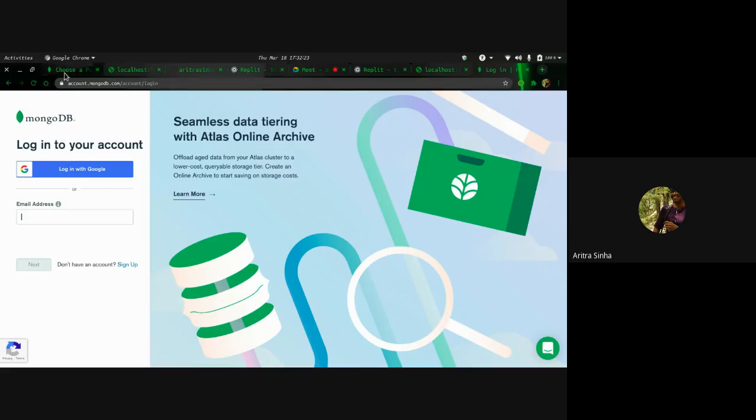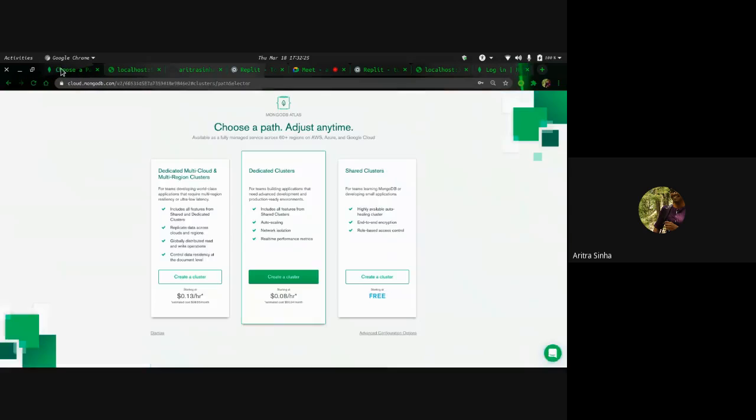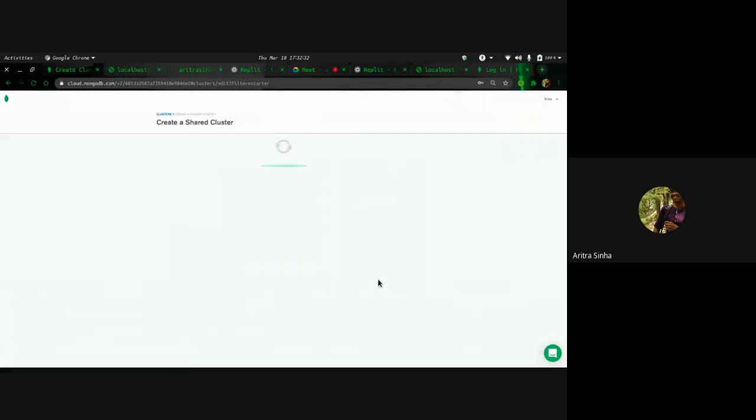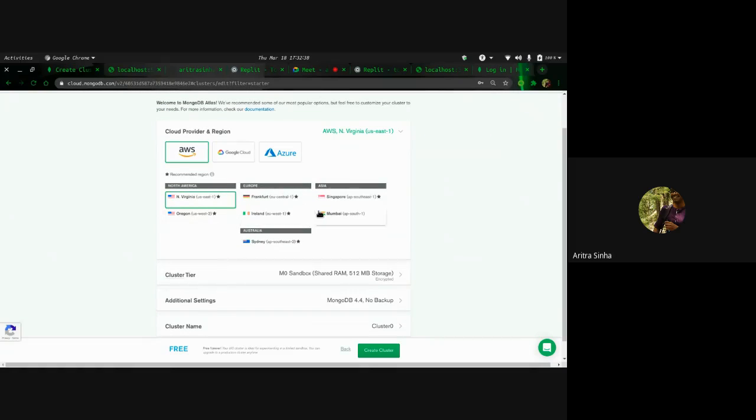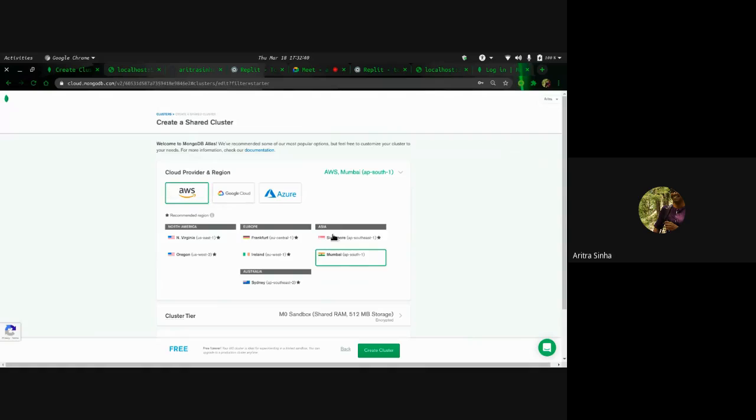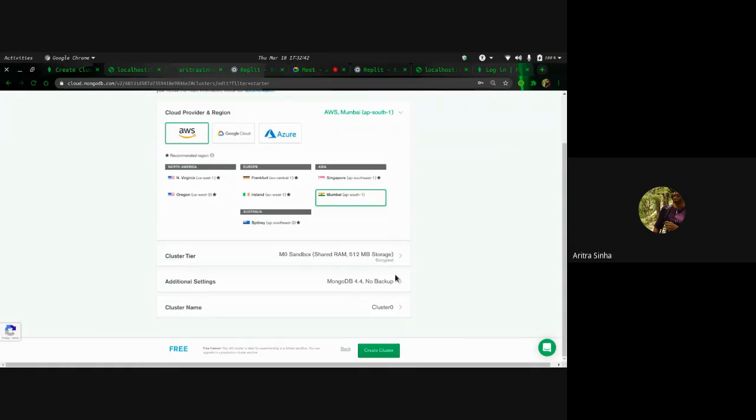You can just sign in using your Google account or anything. Once you do that, you will be redirected to this page where you have to create a cluster. So you create a free cluster. The other ones are basically for deployed websites which are actually up and running, and we don't require them right now. Choose AWS and your location. You get 512 MB of data free, and you can have as many Google accounts as you want, so there's no real limit to the data that you can use.